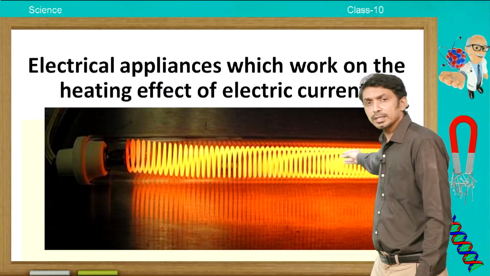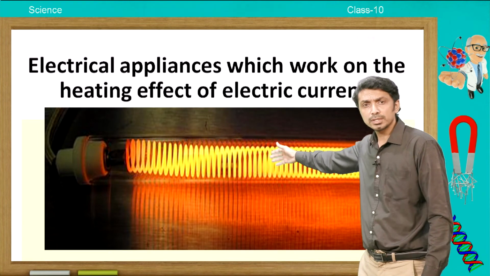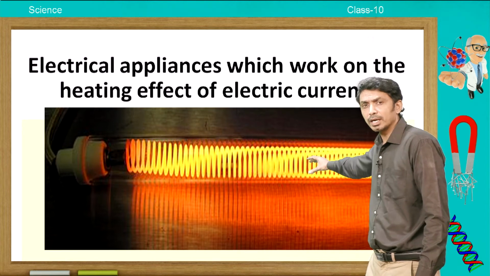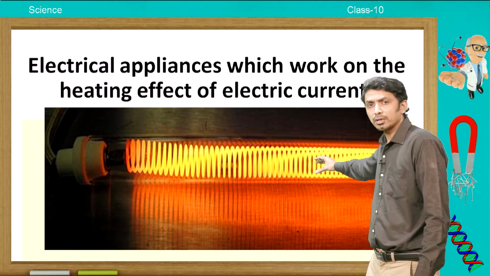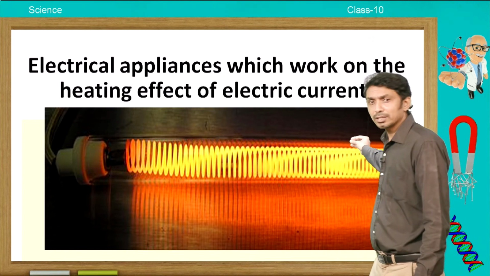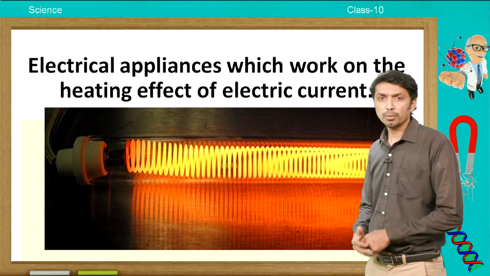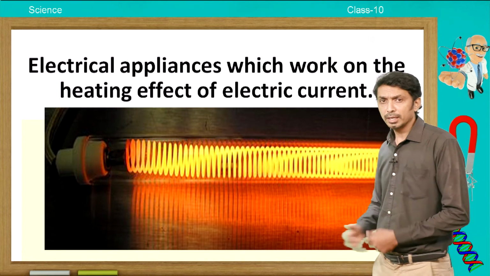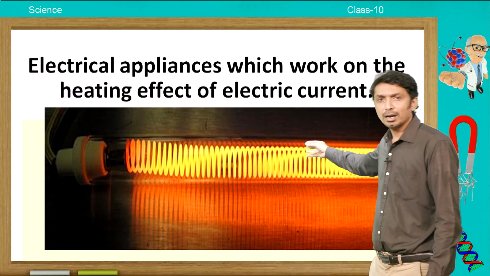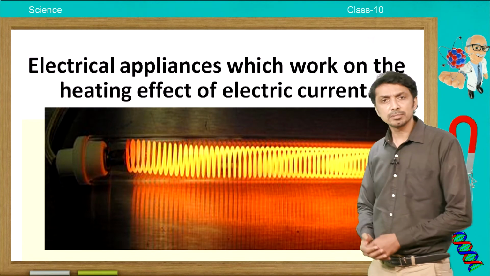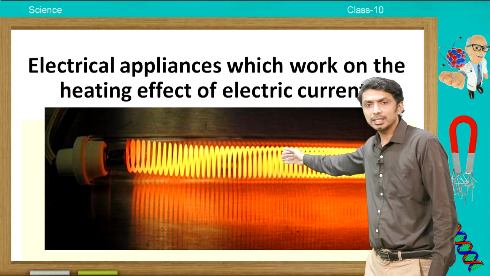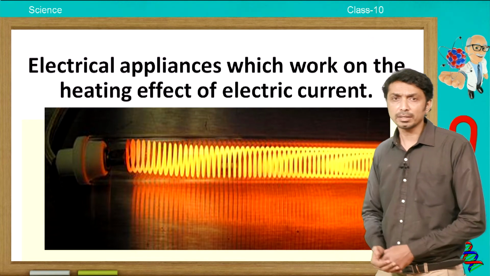So as soon as the electrical current flows through this wire, the wire puts across a huge amount of resistance to the flow of electrons. So the electrons cannot easily pass through this wire. So what happens there? The electrons collide with the neighboring atoms and they are attracted by the neighboring atoms as well. Because of these collisions, the amount of heat generated is more in these sorts of wires.